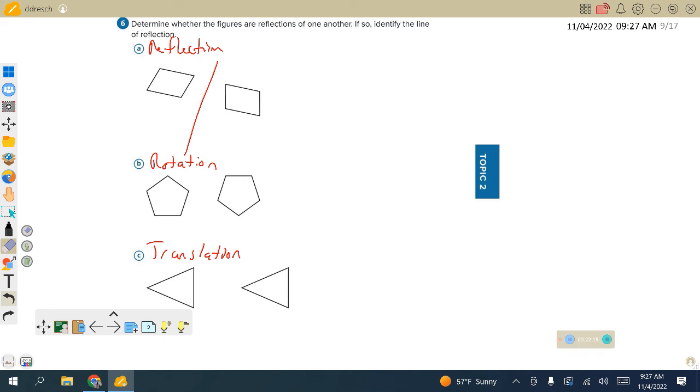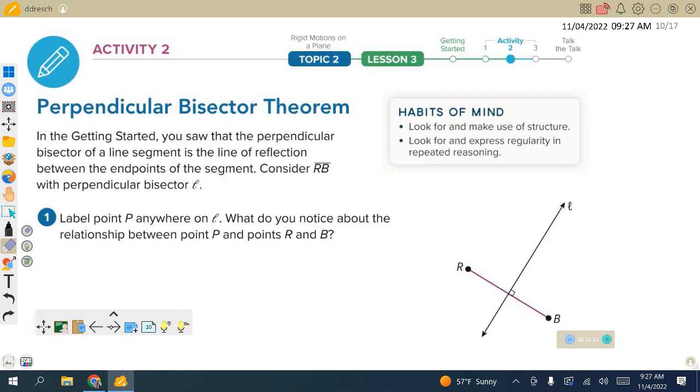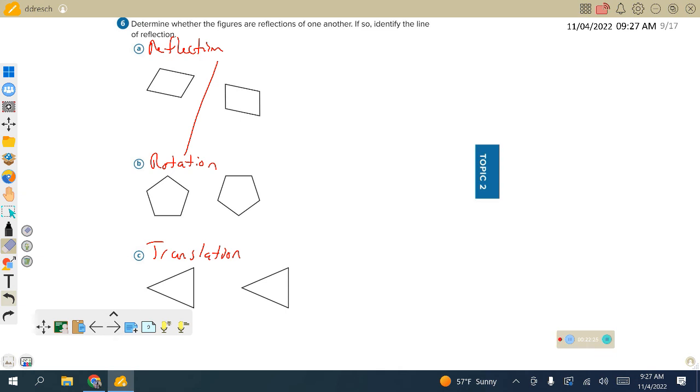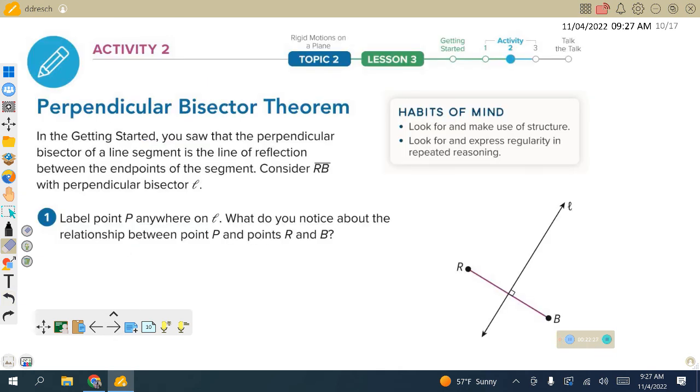Any questions with reflections here? They're fairly straightforward, just a little bit different type of talk, but they're fairly straightforward there. And, yep, I don't care about that. That kind of ties exactly into what we just talked about with that perpendicular bisector we did at the beginning of the year. That's what I'm gonna call it, okay? So, on Monday, we'll,